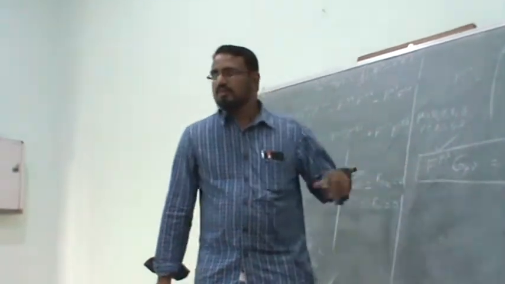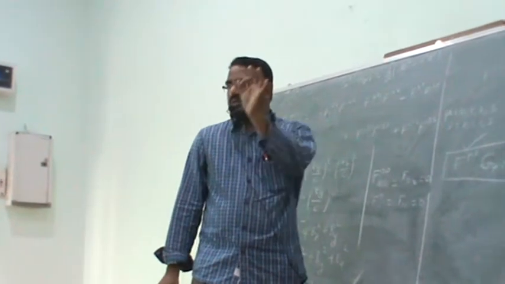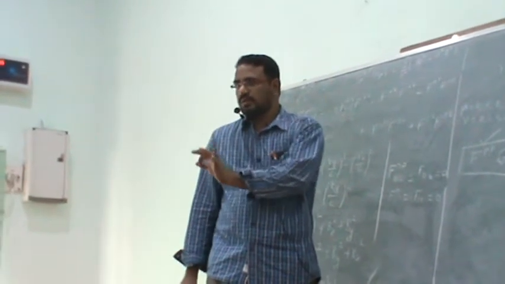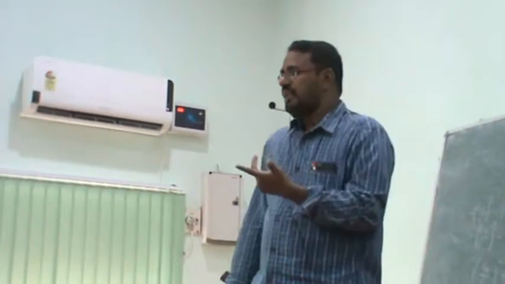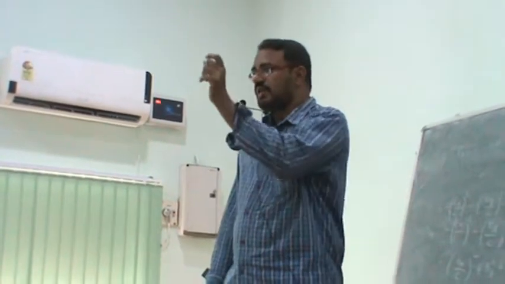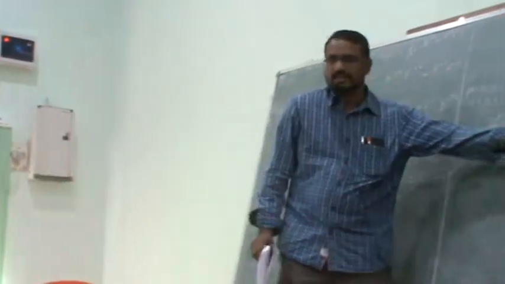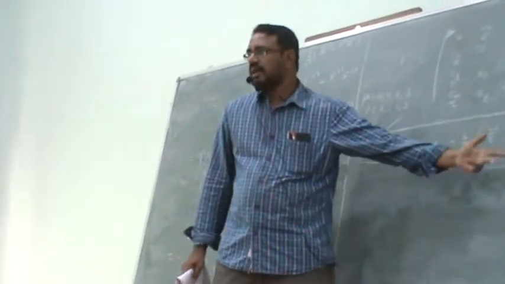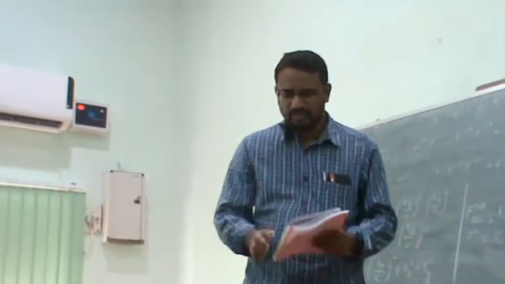G mu mu. So what should you do? It's an antisymmetric tensor. Zeroth component 0 0, 0 1, 1 2, 2 3, 3 0. Then you transform the covariant component to the contravariant component. Wherever any one index is 0, you put a minus sign, or else a positive sign, and substitute to get the answer. You will get Ex Bx plus Ey By plus Ez Bz. What is this? It's a dot product of two vectors. Therefore, this is E vector dot B vector. That problem is very simple.